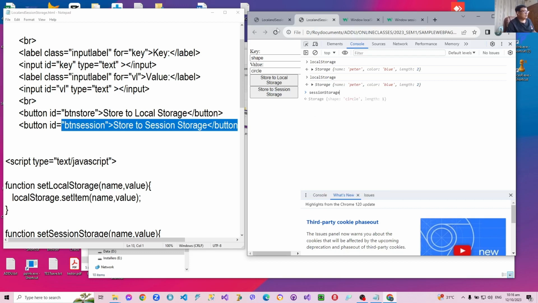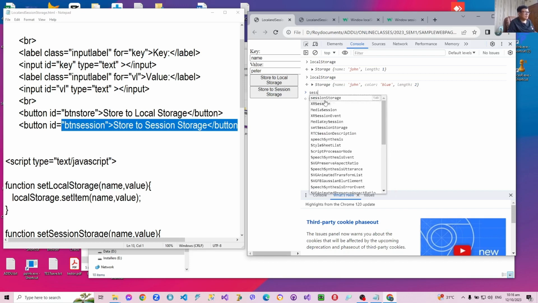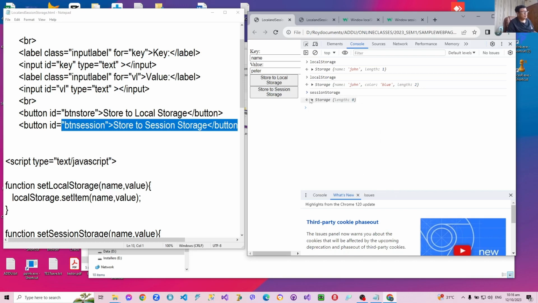Let's head over to our other session, and then look for the session storage. This is the first session. Look at that. We don't have the shape key, which means that it has a different set of session variables. Now, if we attempt to change the key shape and make it a square,